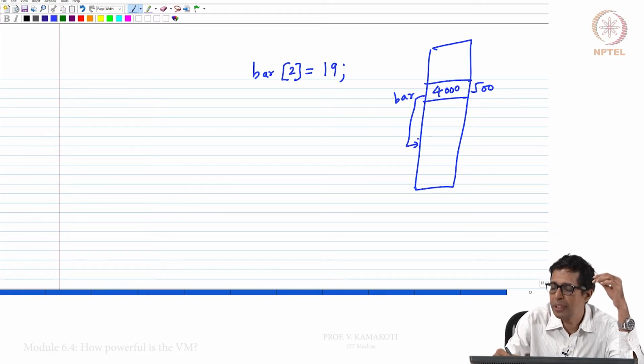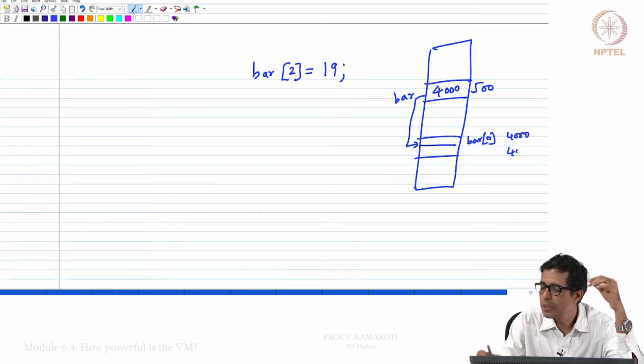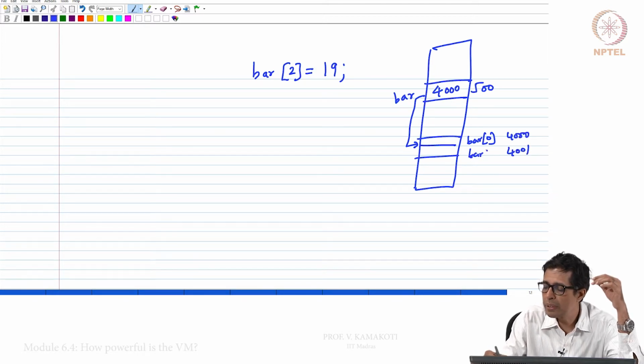In this 4000, bar 0 will be stored, in 4001 bar 1, and in 4002 bar 2.